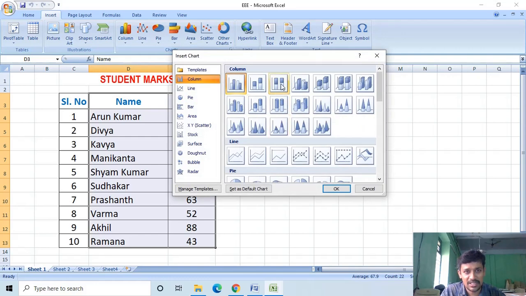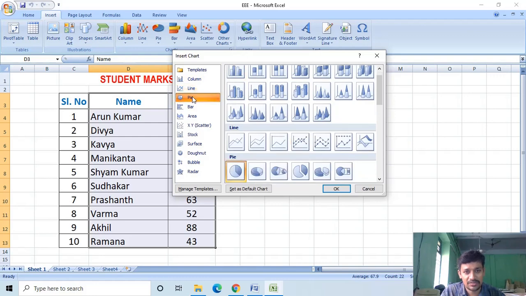It displays the Insert Chart dialog box. There are a number of chart types available. Some of them are column chart, line chart, pie chart.